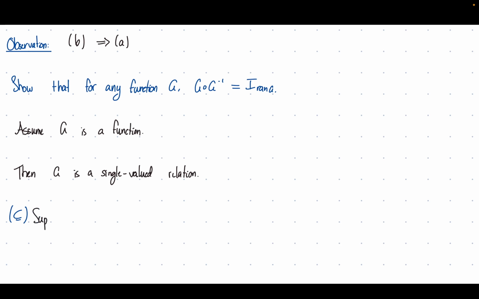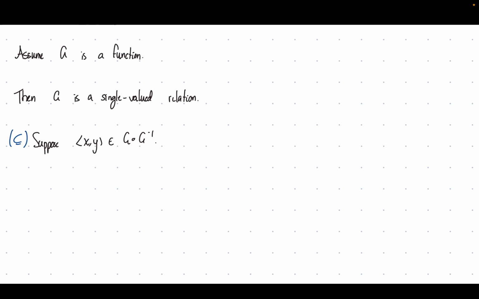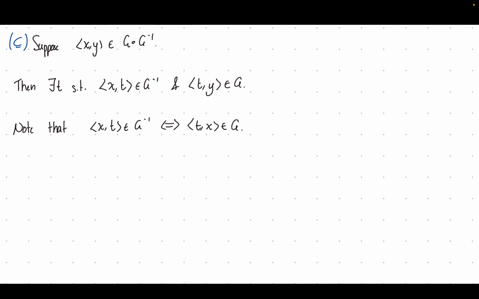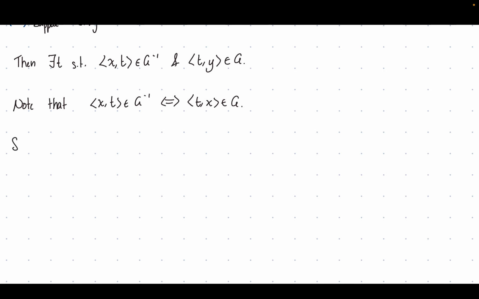Let's suppose some pair x comma y is in G composed G inverse, right? Now since this pair is in the composition of two functions, there exists some t such that x comma t is in G inverse and t comma y is in G. Now note that x comma t is in G inverse if and only if t comma x is in G, right? So we have that t comma y is in G and t comma x is in G,